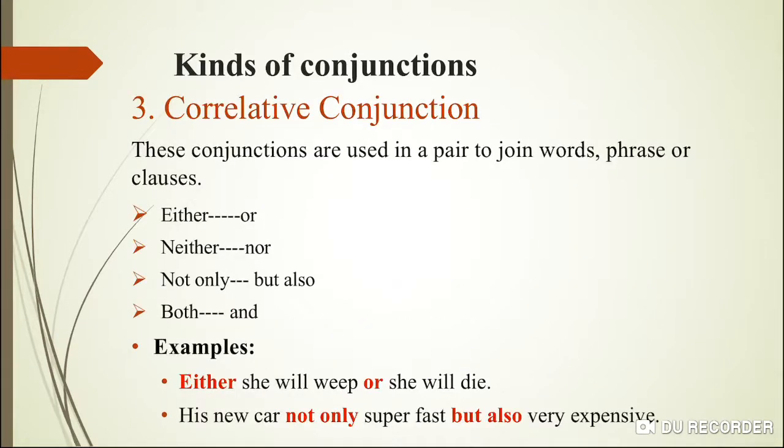You can see over here either or, neither nor, not only but also, both and, and these are used in pair form. ये इकट्ठे दो जो है वो एक सेंटेंस में इस्तेमाल होते हैं मुख्तलिफ जगहों पे. जैसे either she will weep or she will die. His new car is not only super fast but also very expensive. So these मतलब his new car is super fast and it is very expensive. With the help of not only and but also, when these paired conjunctions are used, you can make your meaning more